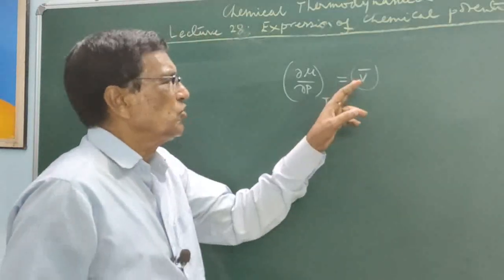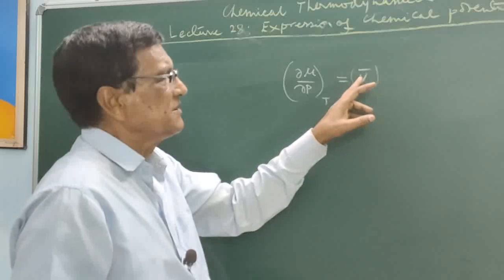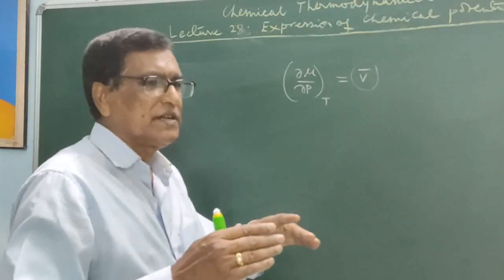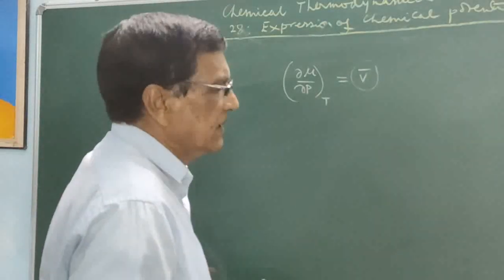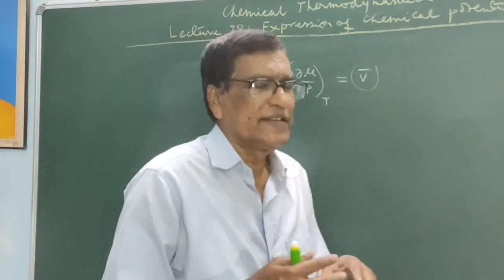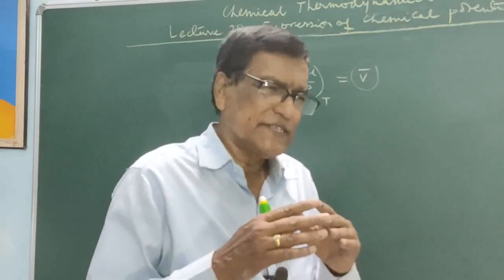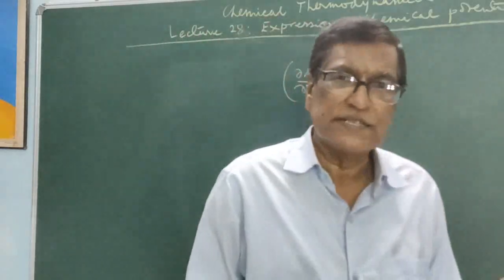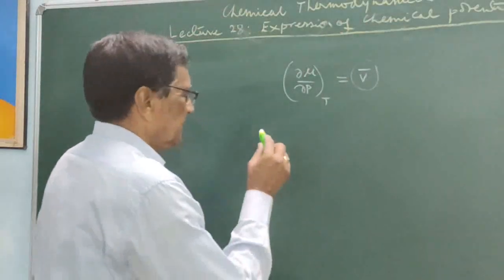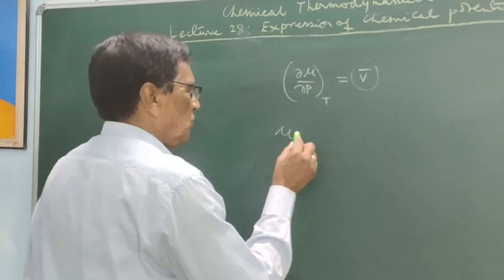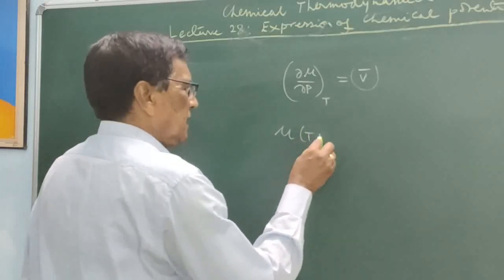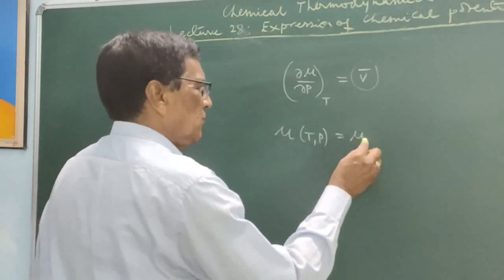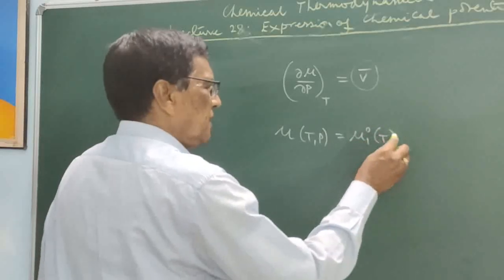And so instead of replacing this V bar by temperature and pressure from the real gas equation, G.N. Lewis took the same format as we have seen for the ideal gas, where mu at T, P equals mu1 naught T plus RT